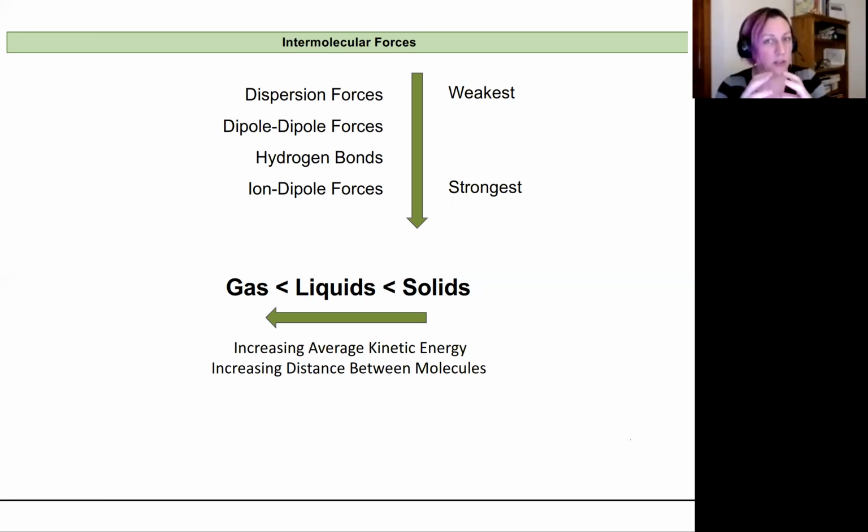Now, in liquids, they're still very close, but they're constantly moving, breaking interactions and forming them. And there's a little bit more distance because the density of liquids is typically smaller than that of solids. And so increasing that distance a little bit decreases the impact of intermolecular forces, though they're still very strong for liquids. But now when you get to gases, these particles are so far apart